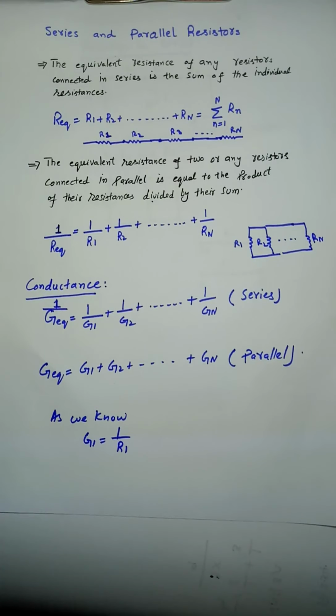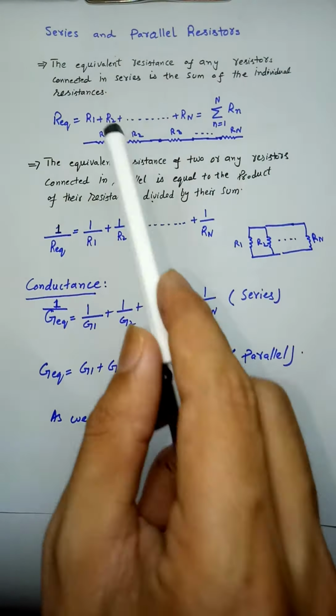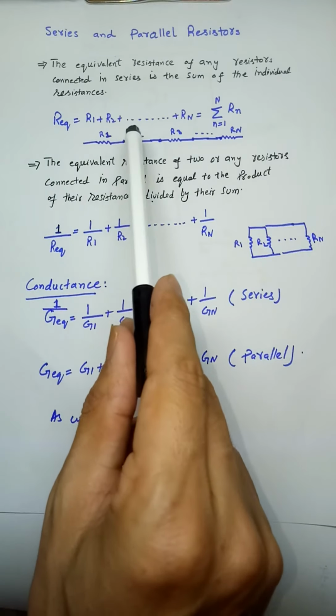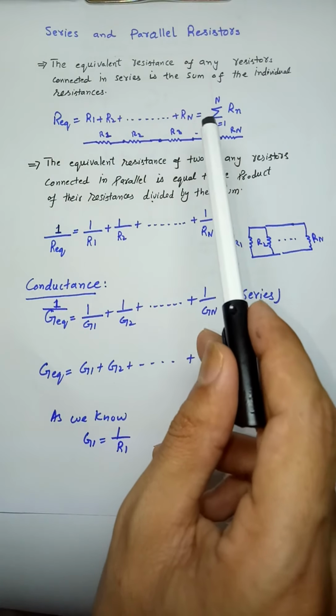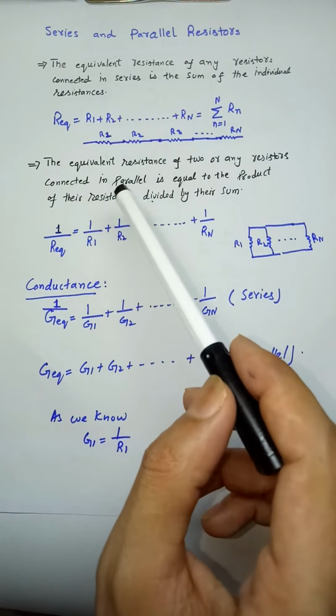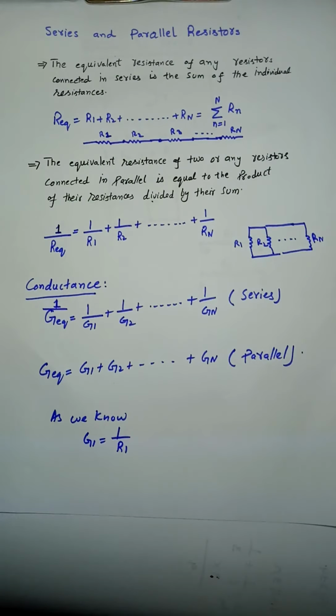In today's video session we will learn about series and parallel combination of resistors. As we know, in series combination of resistors, the current across each resistance is the same. However, in parallel combination, the voltage across each resistor is exactly the same, but the currents flowing through them are